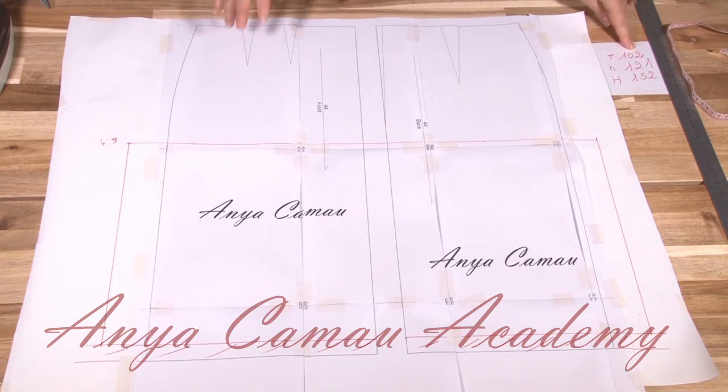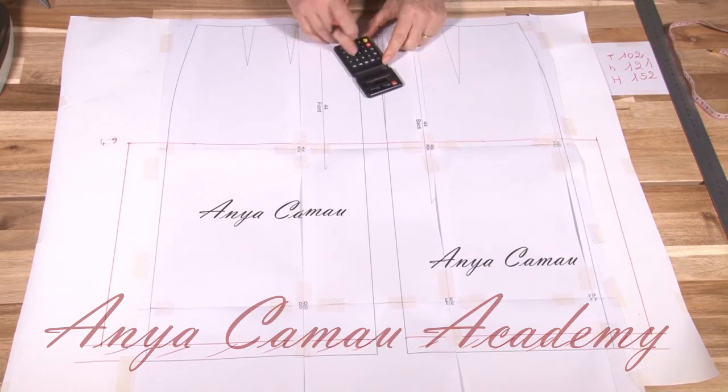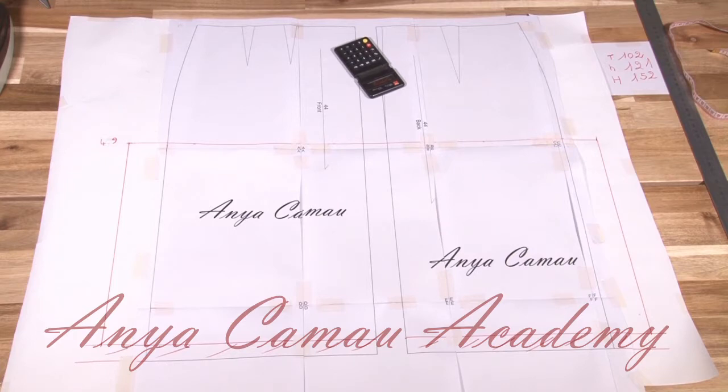Elizabeth is 102 cm at the waist. As each block piece is a quarter of a circumference, I divide it by 4 and get 25.5 cm. First, let's try to keep all darts. We then add 4 cm of darts to this value and get 29.5 cm to set on each piece's waist. But remember, we have to move 1 cm backward the side seam with a larger front piece and a narrower back piece. On the front piece's waist, I add 1 cm